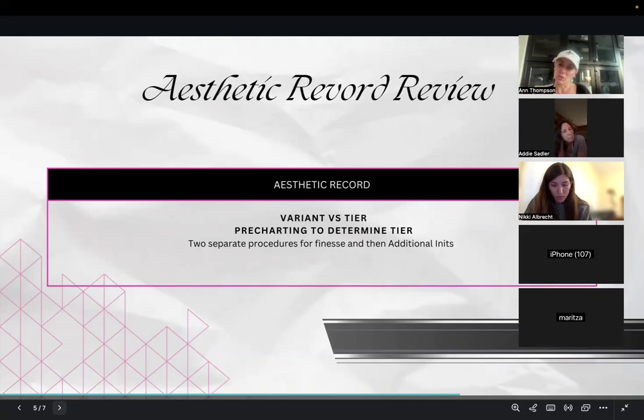The reason why we do it like that is because if someone just wants a lip flip, we don't want you driving to Timbuktu just for a lip flip. So we increase the price per unit. That way we can make sure we can get you compensated for your time. So at 40 units, that's when that price has a